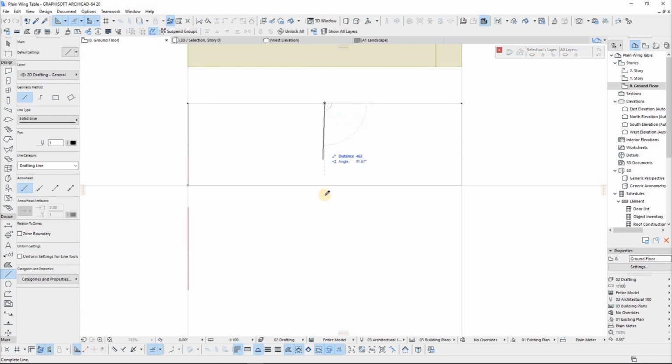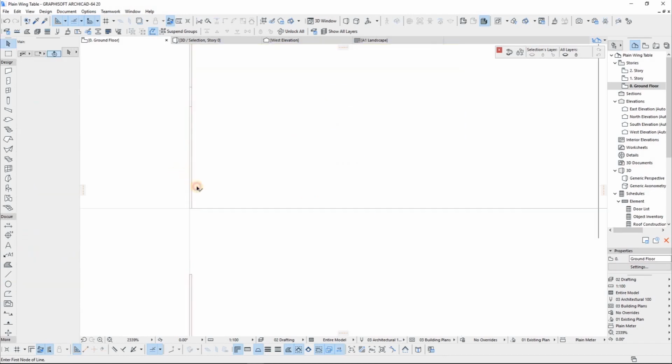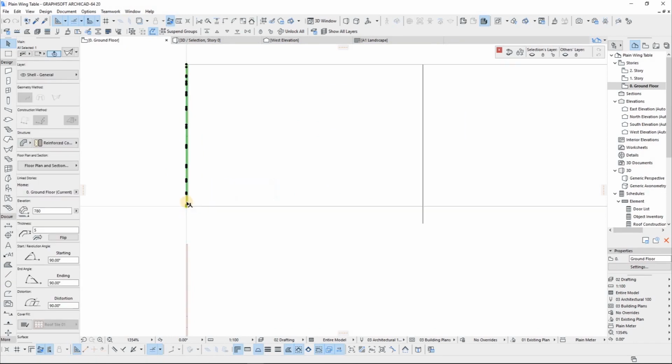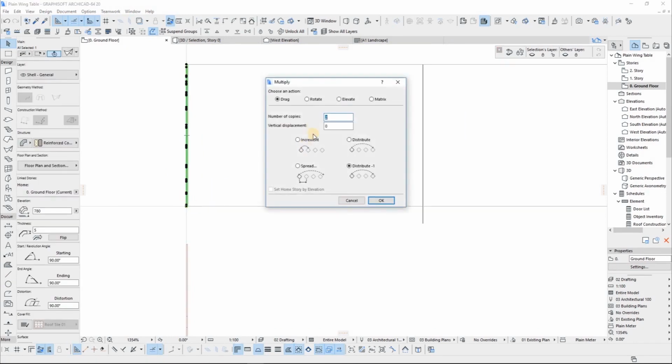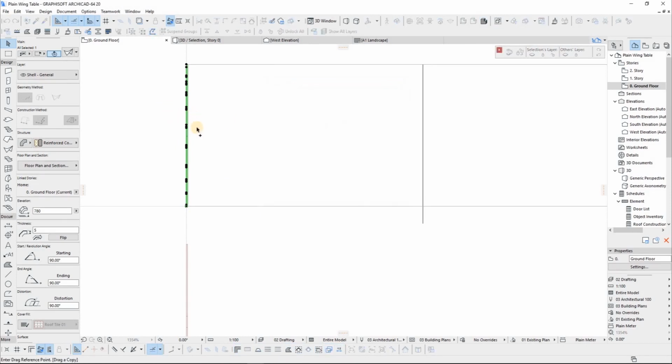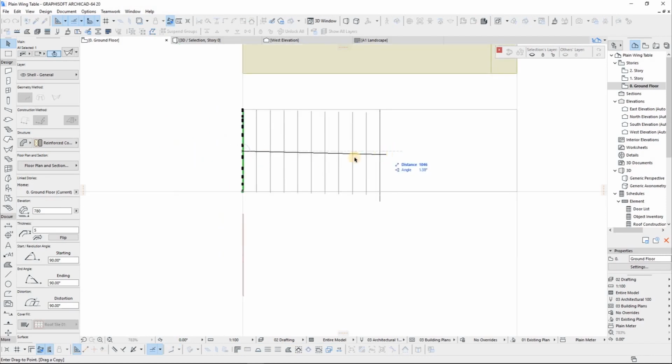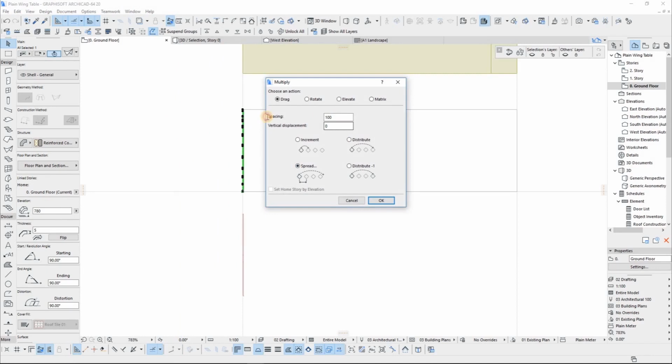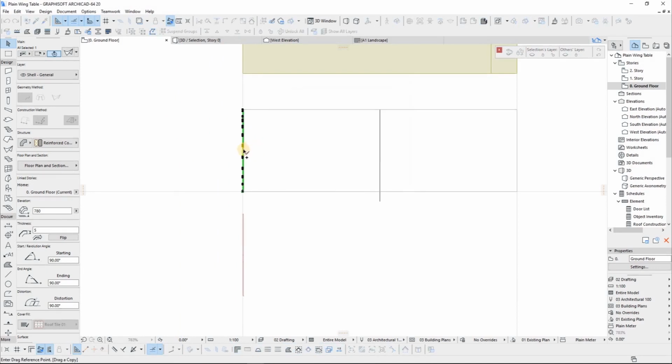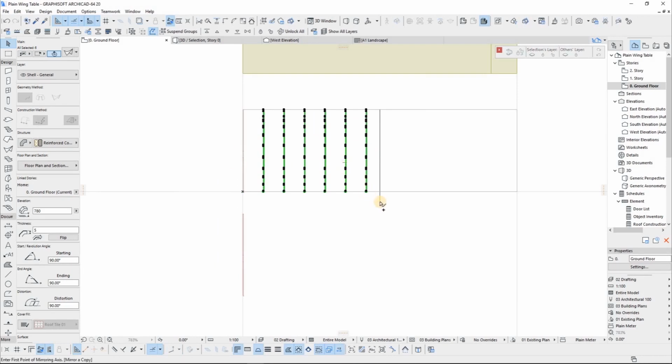Now I just want to mark the center right here, and then I'm going to spread the trusses. So this is one of my trusses, and I'm going to press Control U to multiply. I'll show you how to do that in a different video. I want the space in between to be 100 to the center. I think that's fair. Maybe that's a bit too excessive, so I'm going to go 150, and there you go. Control M,